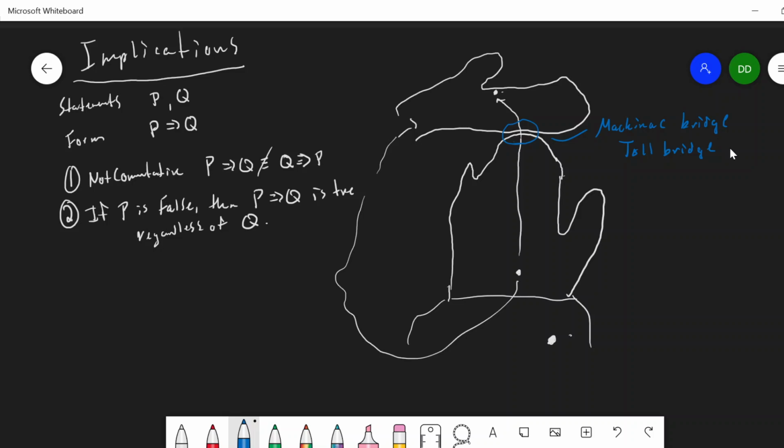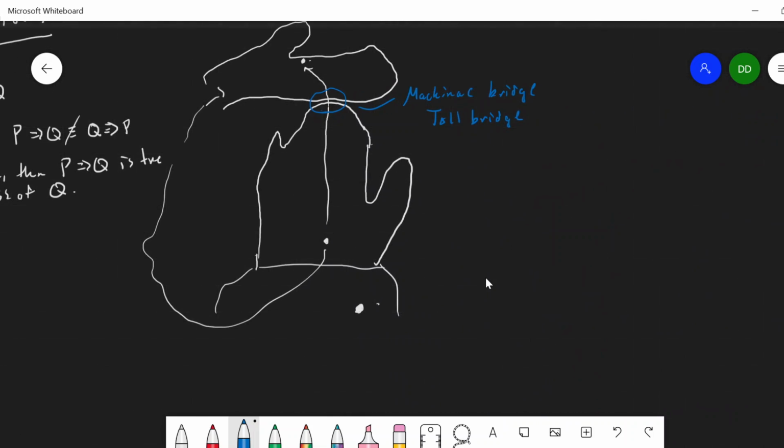One way to think about a toll bridge is that it's a device by humans to enforce an implication. What's the implication here? The implication is, if I cross the Mackinac Bridge, then I pay $5. And this went up in value. It used to be like $3.50 when I was first going to college, and 4 years later it was $5, something like that. I think it's still $5. I'm not sure. Anyway, that's beside the point.